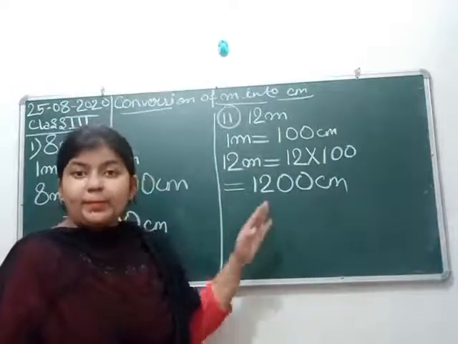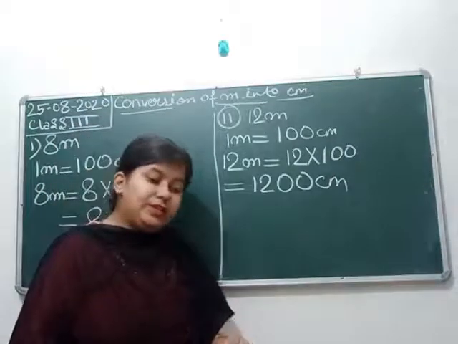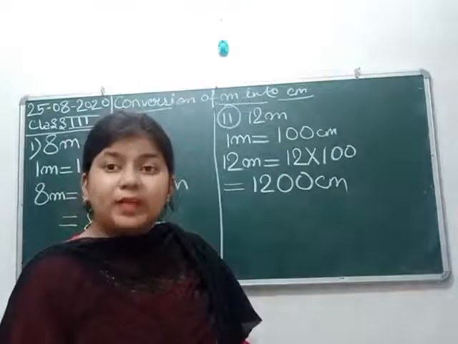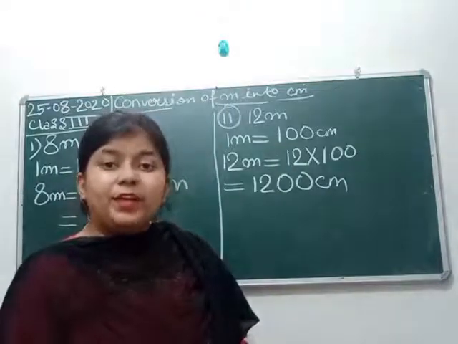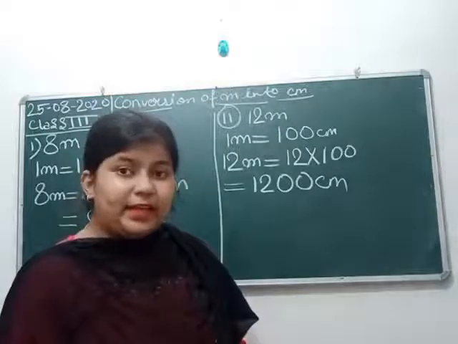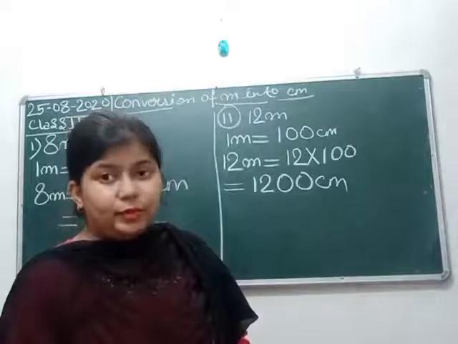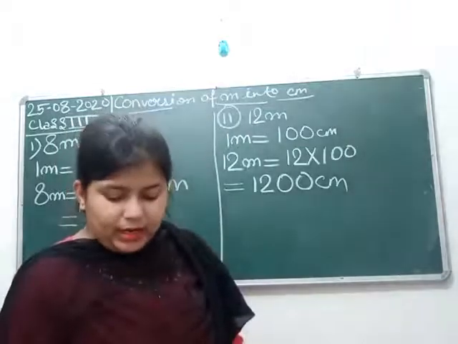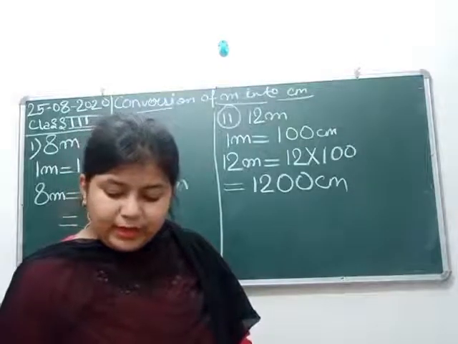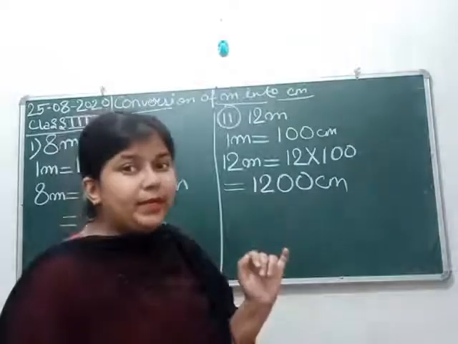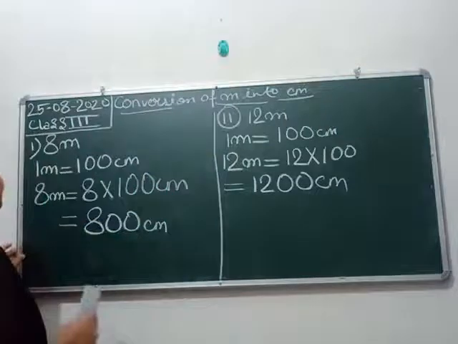Okay, so this is how we convert a given unit that is given in meter to centimeter, by multiplying 100. See, this is very much similar to the conversion of rupees into paise. When we convert rupees into paise, there we also multiply 100, and here we also have to multiply 100. Okay. Now the next question that I am going to take, in that question, centimeter part will also be there.